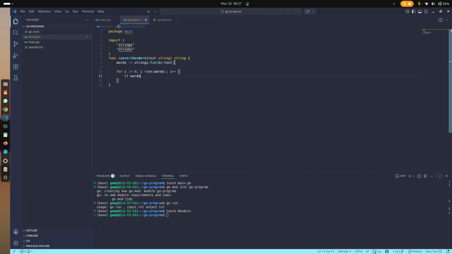Words. This is just like the octal video, the number base function, almost the same. That is, index starts at 0, index less than length of words, and I continues. That is a loop to iterate through each word. If the word at I is x, and I is